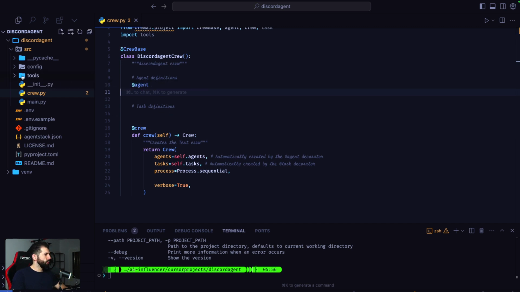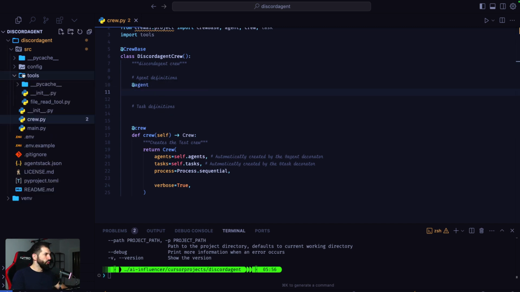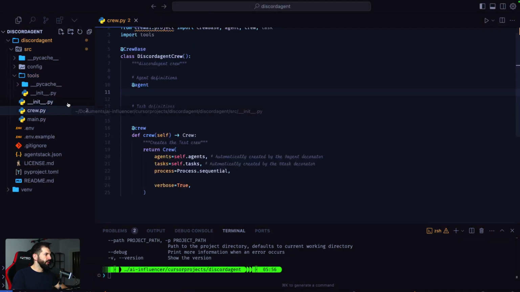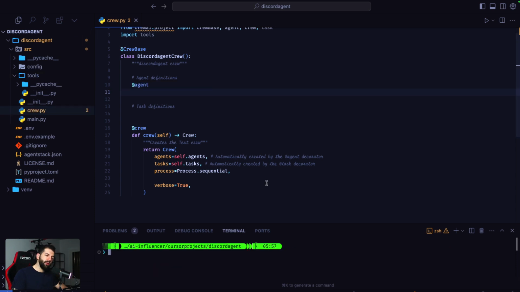Now, the next thing that I want to show you is the tools folder, and here you find tools that our agents have access to. In this case, we only have the file read tool, right? And you can go ahead and delete this one because we won't need it for this project. And this will also be the folder where we create our custom tool that we need to give the agent the ability to search the Chroma database. Great. Now, the first thing that we need to do is set up our database